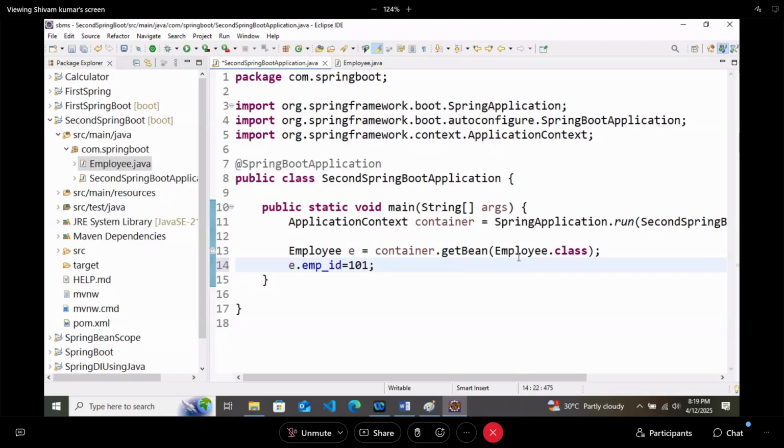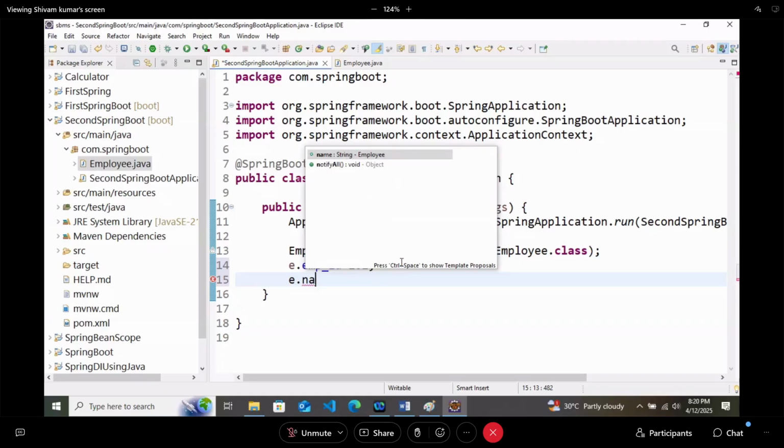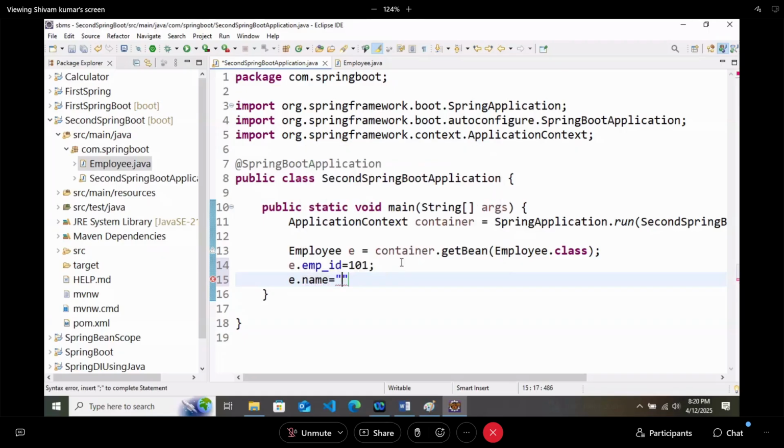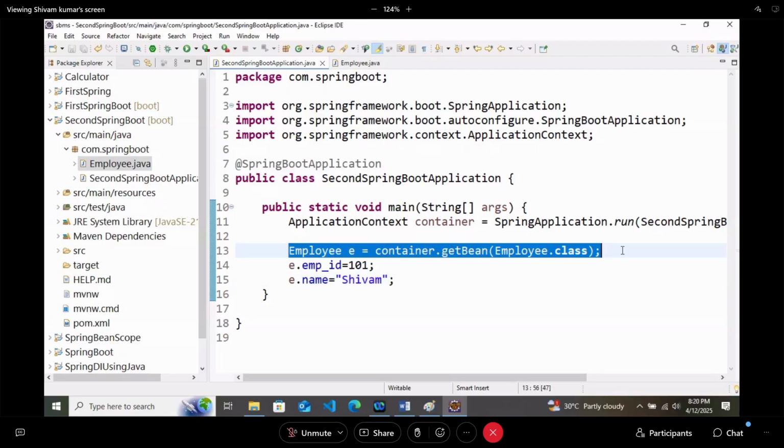Now this is not a setter getter method. So I am directly saying e dot employee ID equals to. I'm not calling any getter setter method. After that, e dot name equals to Shivam. Keeping semicolon is mandatory here.